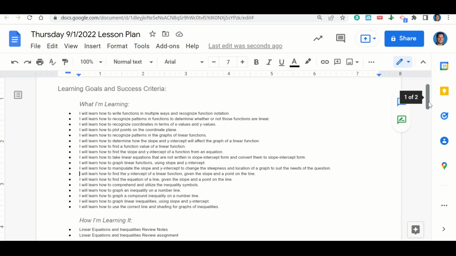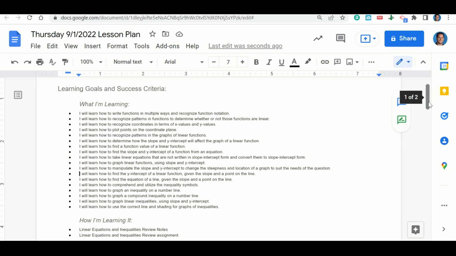find the slope and y-intercept of a function from an equation, how to take linear functions that are not written in slope-intercept form and convert them to slope-intercept form, how to graph linear functions using slope and y-intercept, how to manipulate the slope and y-intercept to change the steepness and location of a graph to suit the needs of the question, how to find the y-intercept of a linear function given the slope and a point on the line, how